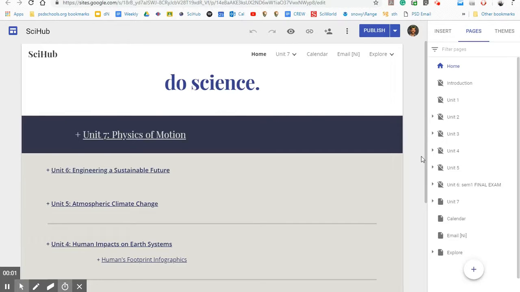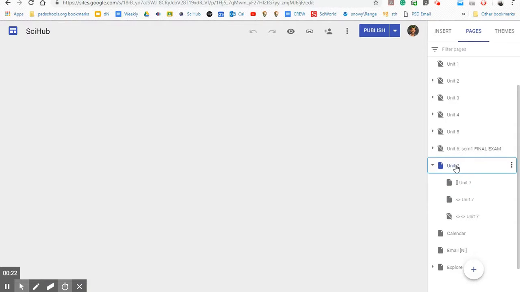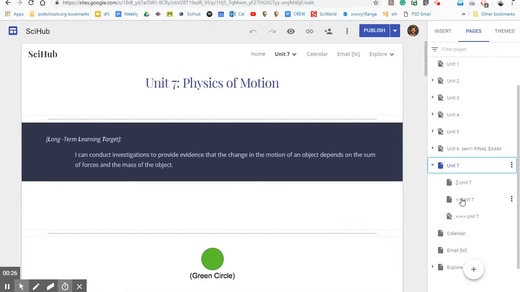Okay, so in terms of organizing your personalized learning experience, there's a couple other things that I would like to point out. In order to make that type of framework on my Google site, if I click on the pages over here, you'll see that I have all of my different units. And if I click the triangle next to Unit 7, which we just investigated, you can see that my Unit 7 page is my green circle homepage, which is followed by the blue square, the black diamond, and the double